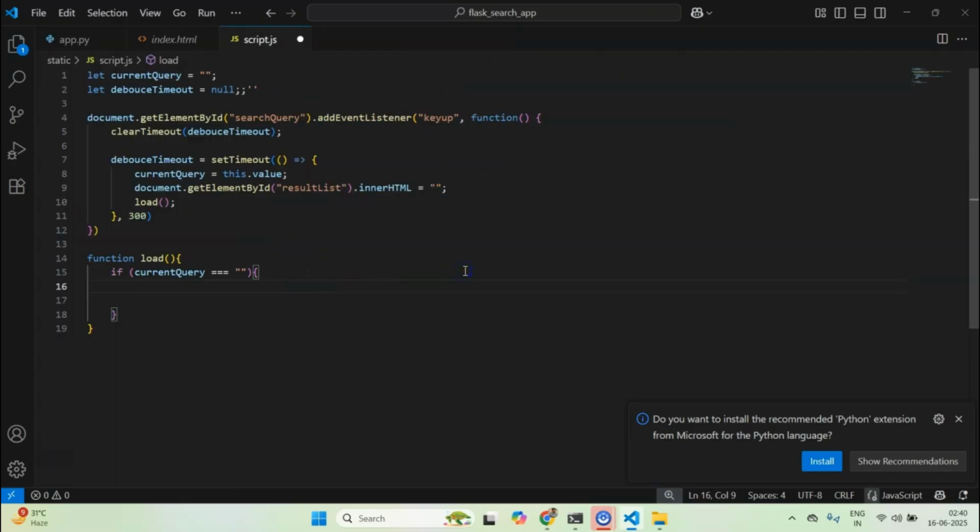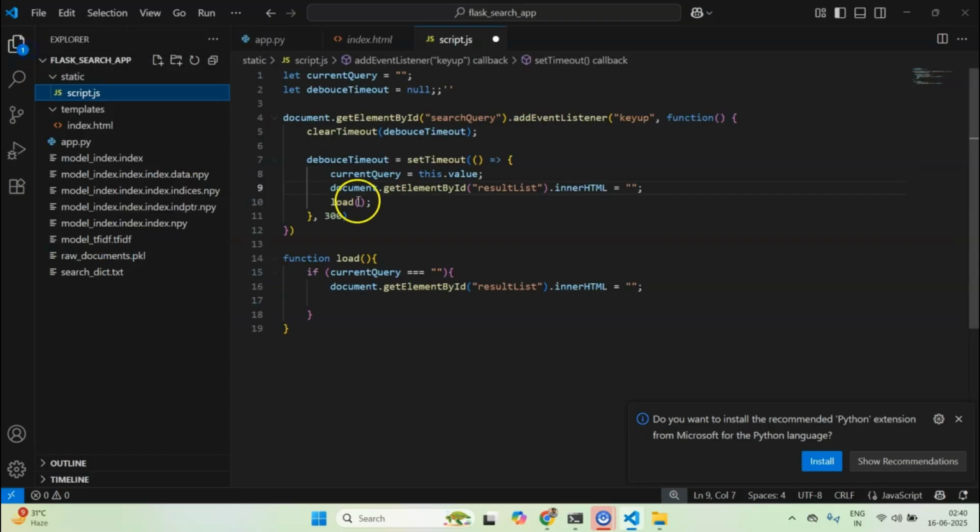It means that whenever my current query is empty, I don't want to do anything else, and I just want to return from this function. So you see this loop. It will be called after every 0.3 milliseconds, and if the current query is empty, it will just return from this function. And the moment keyup happens, clearTimeout is going to clear the previously defined debounce timeout. Okay, so I hope it is making sense now.